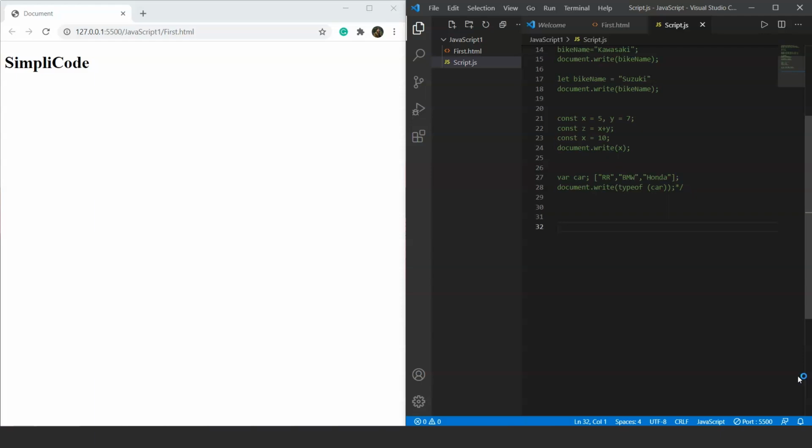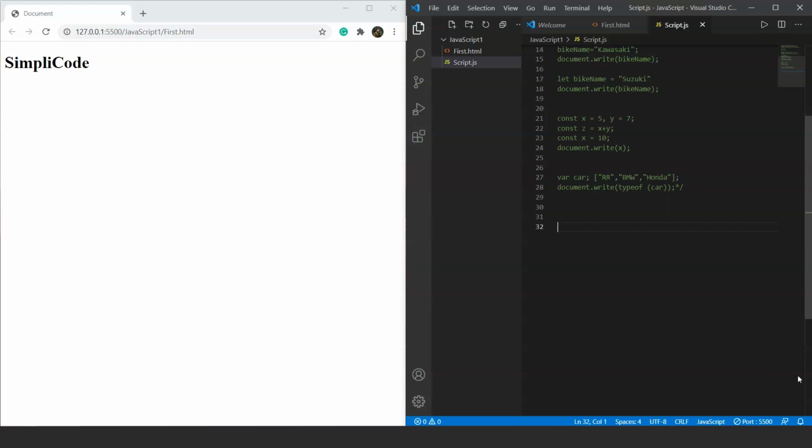So, JavaScript data types are divided into two categories, primitive data types and non-primitive data types. Primitive data types are stored in stack, whereas non-primitive data types are stored in heap. I don't want you to go deep in these two terms if you are new to programming, so we'll leave it. Just keep one thing in mind that primitive data types are base data types, whereas non-primitive data types are objects, or we can say they are derived.